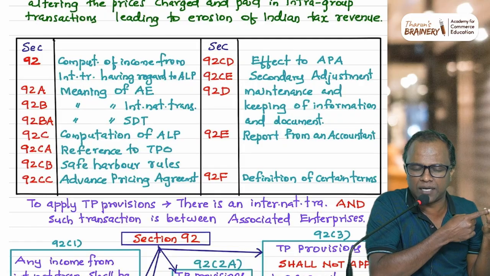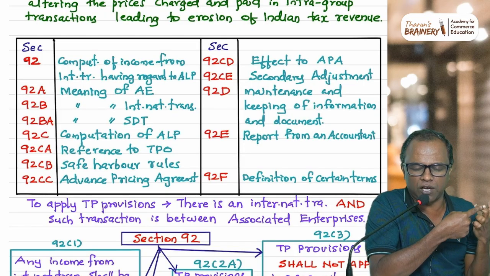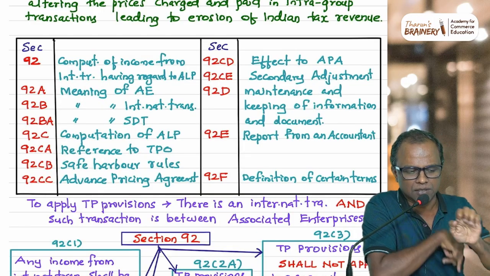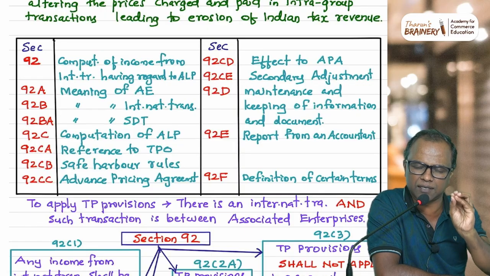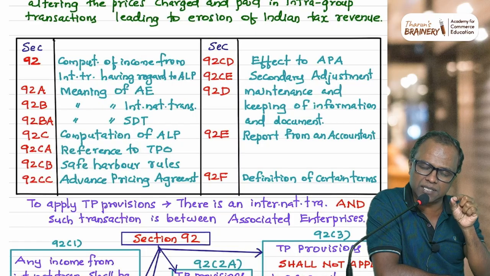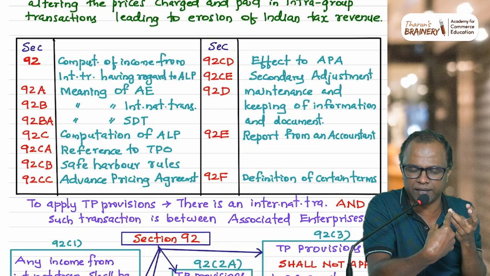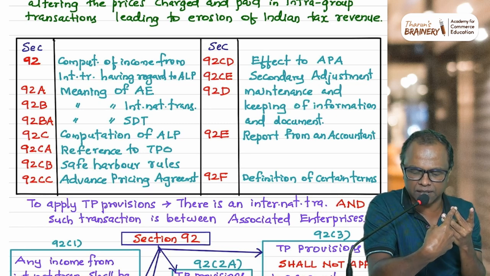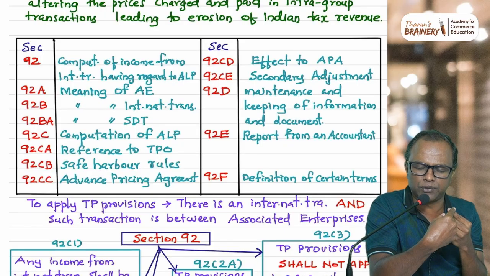That is comparable uncontrolled price method, resale price method, cost plus profit method, profit split method, transactional net margin method. So as per any one of these methods, you must find out the arm's length price, declare the income and file your return. But if the arm's length price determined by the assessee is not correct, or the data used for finding the arm's length price is not reliable, adequate documentation has not been maintained, or the method used is correct but the computation is wrong,